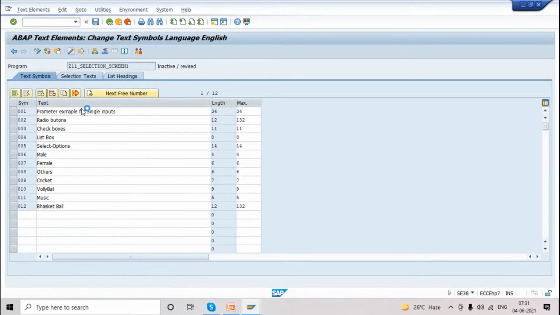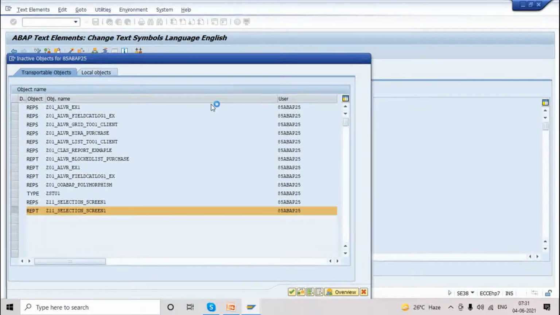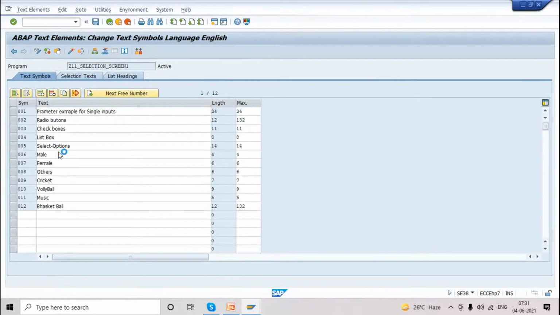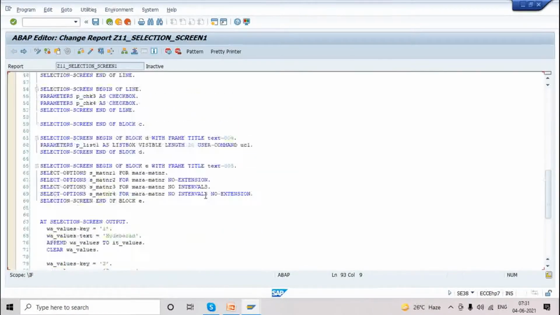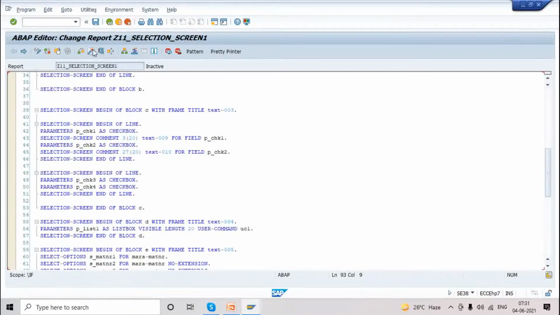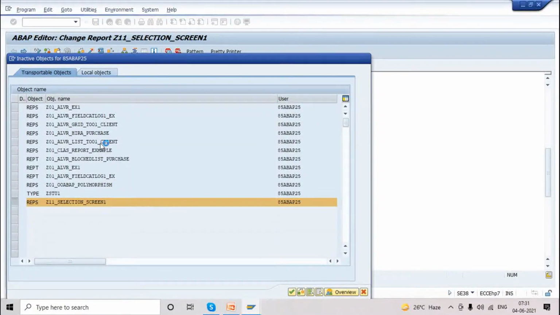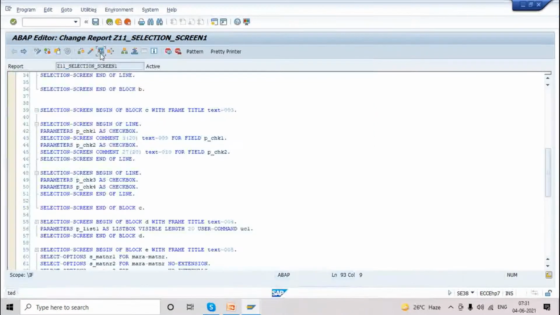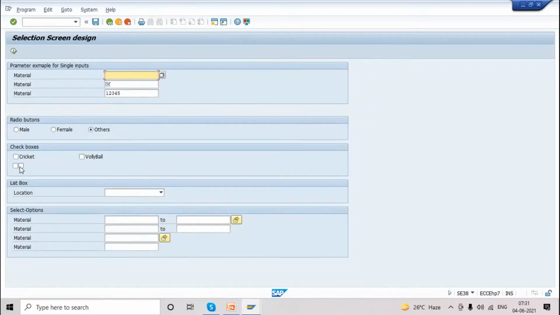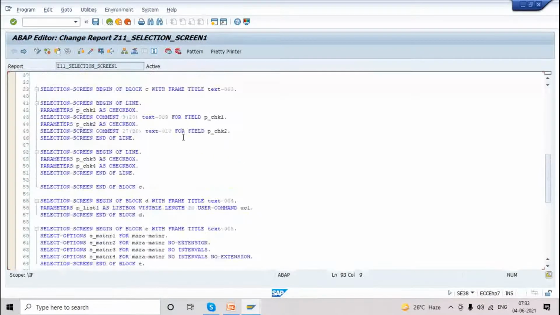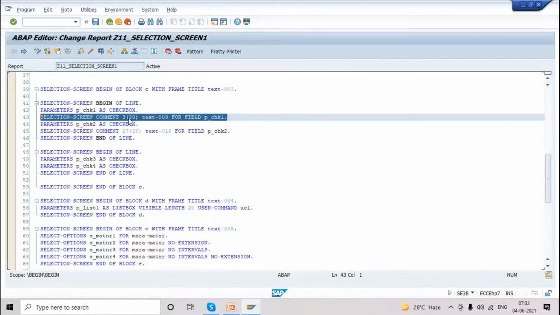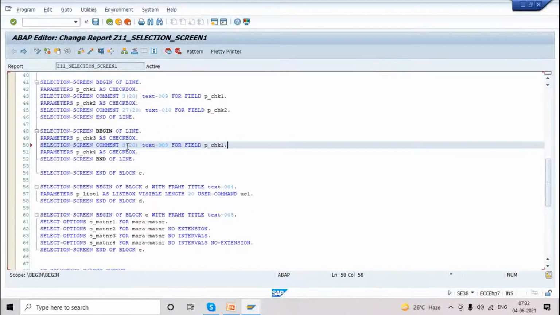Okay. 4 we added. Advanced also we can add. I added 11 and 12. We are just referencing those values and then showing them at the screen level. Now I'm executing. You can see here cricket and volleyball. Next to it we have to mention the numbers automatically. So I'll copy this setup. We can use the same length. Only the fields will change. The text number will change. 3 of 20 same, because since it's a new line we can use the same. Only the numbers we have to change.